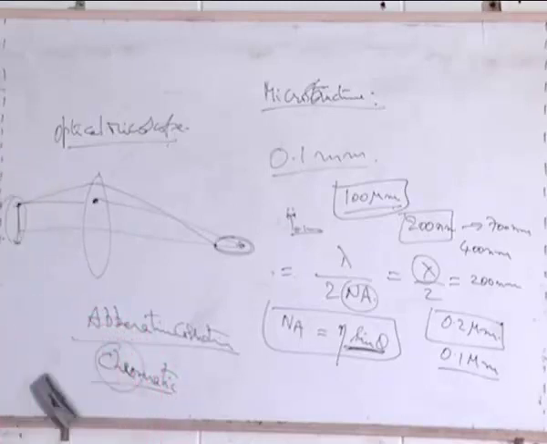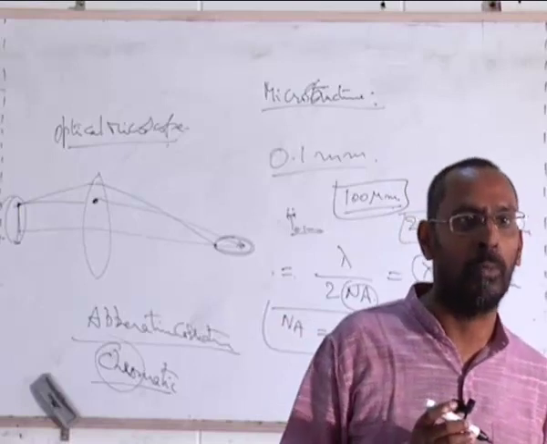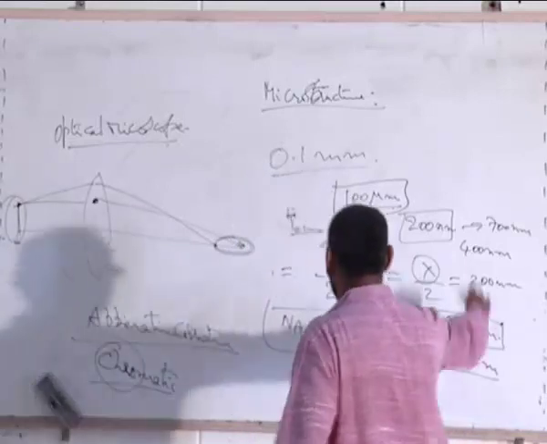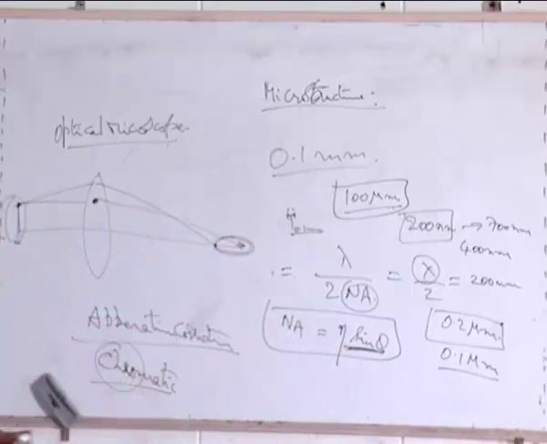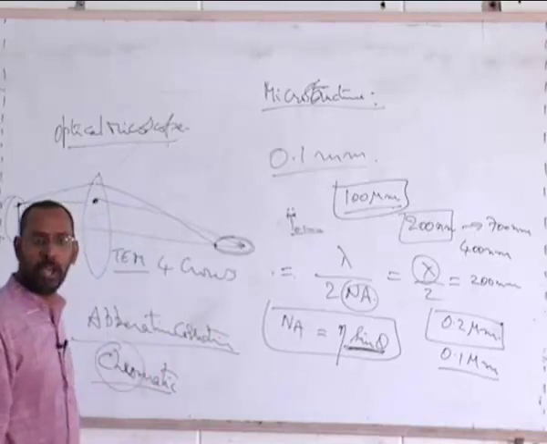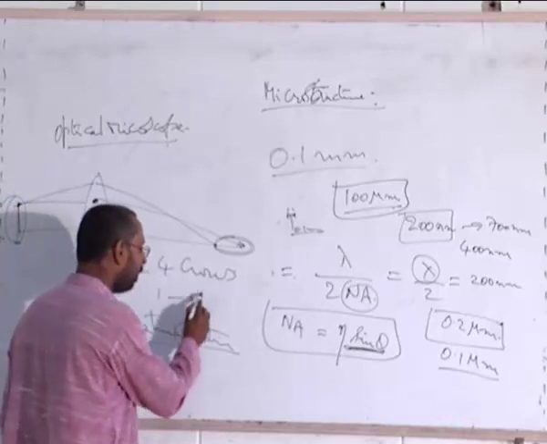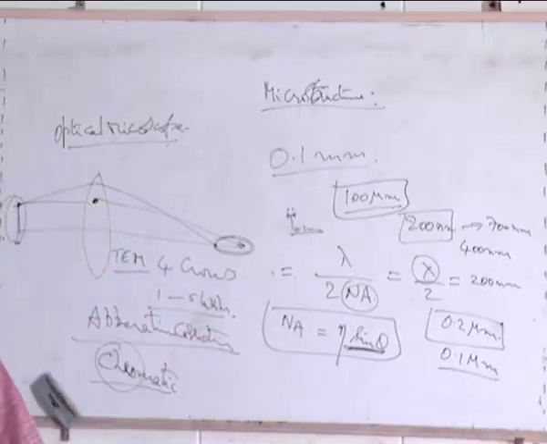This kind of correction is essential in optical microscopes, or for that matter any microscope. Just to give you an idea, a transmission electron microscope, which is also a microscope, can give you a better resolution than what you can achieve here. In the next class we are going to talk about it. It is a microscope which costs you at least about 4 crores, which is called a TEM, transmission electron microscope. An optical microscope may cost you anywhere from 1 lakh to about 5 lakhs, depending on how good that microscope is. Sometimes even 10 lakhs, if you are buying it from Carl Zeiss or something like that,